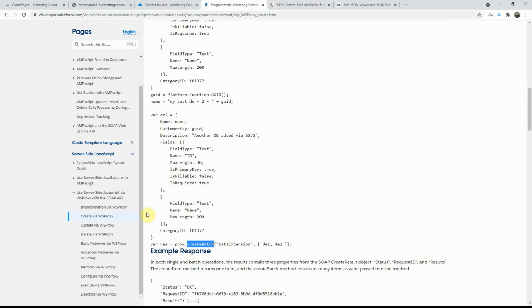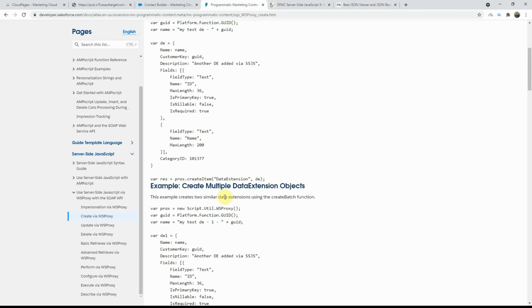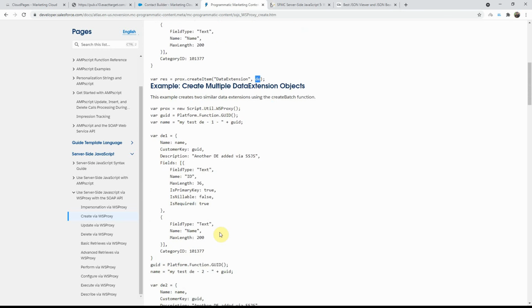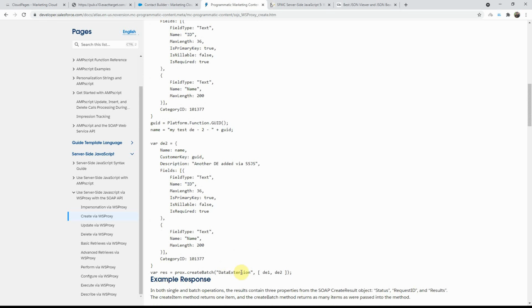There are different options available like this based on the type of operation you want, and this is for create. So here we would say I want to create multiple data extension objects, and what those different objects are, I'm providing as an array over here. For our example, we will be using the single one, so we will just be creating one data extension. But just in case you have multiple objects that you need to create in one go, this is very powerful and flexible. You can do it using the createBatch option.